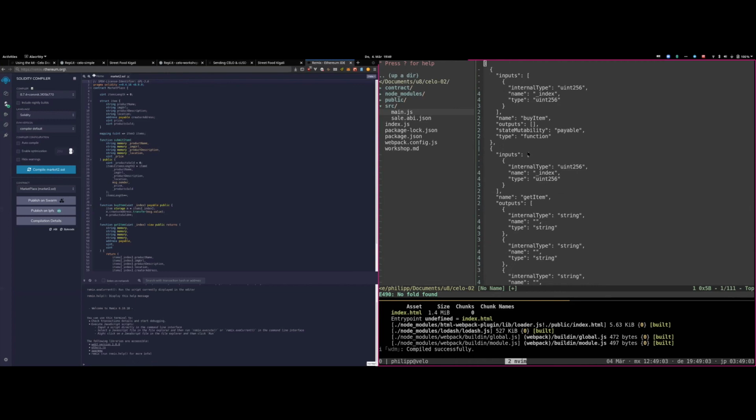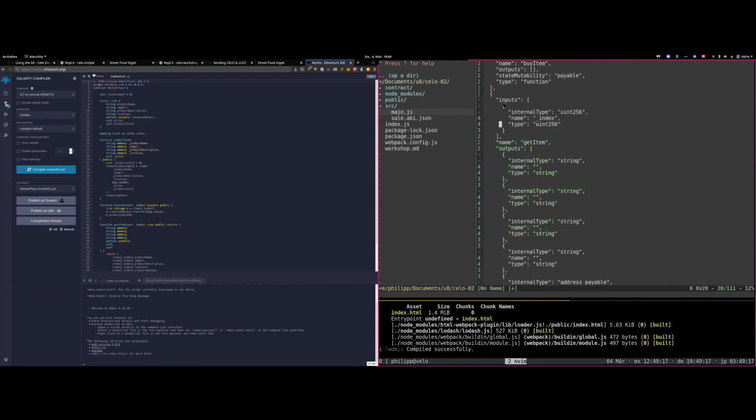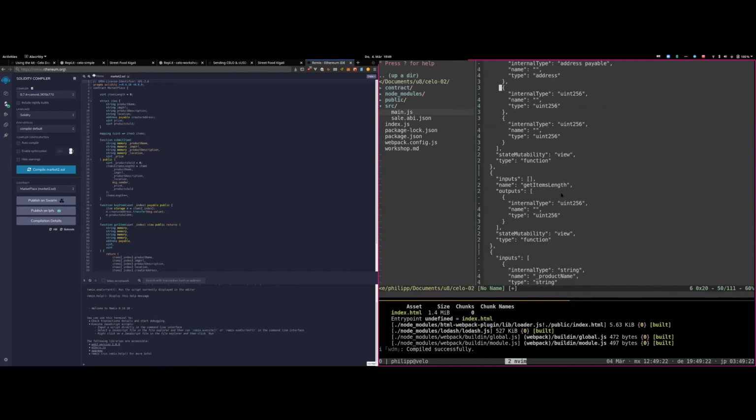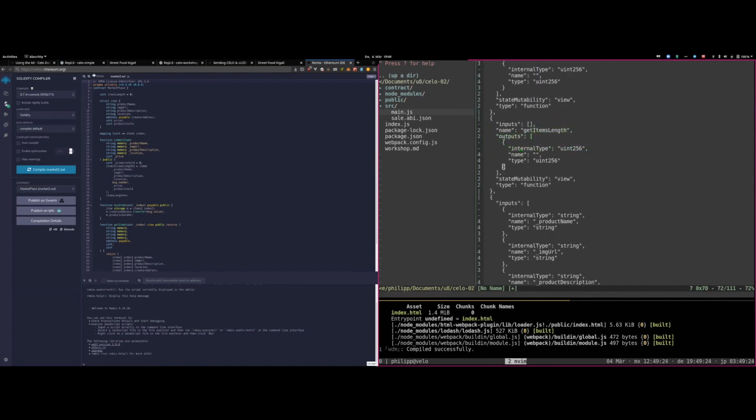So for example, the function to get an item is defined here, and it has one input and these 1, 2, 3, 4, 5 outputs, where most of them are strings, and there's one address, right? Or get item length is outputting a uint256. It doesn't really say what it means, but it just says there's a function called get item length. It doesn't require any input, and so this ABI file is something that you also want to put in your